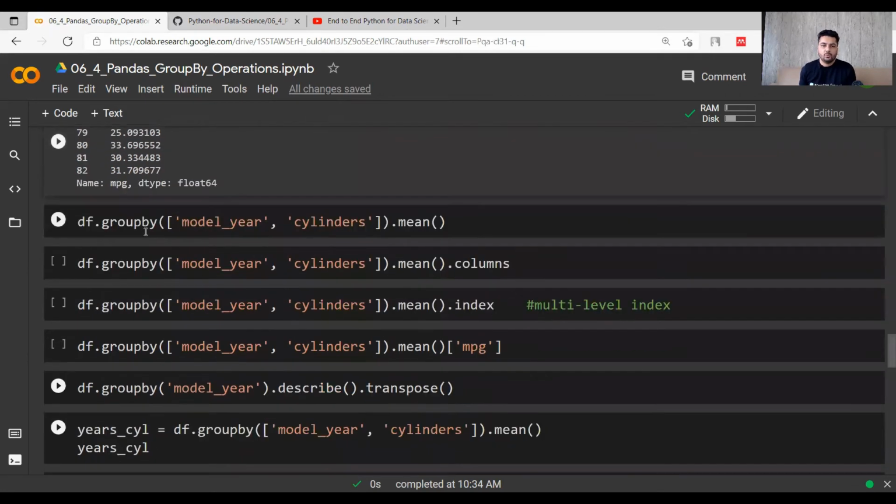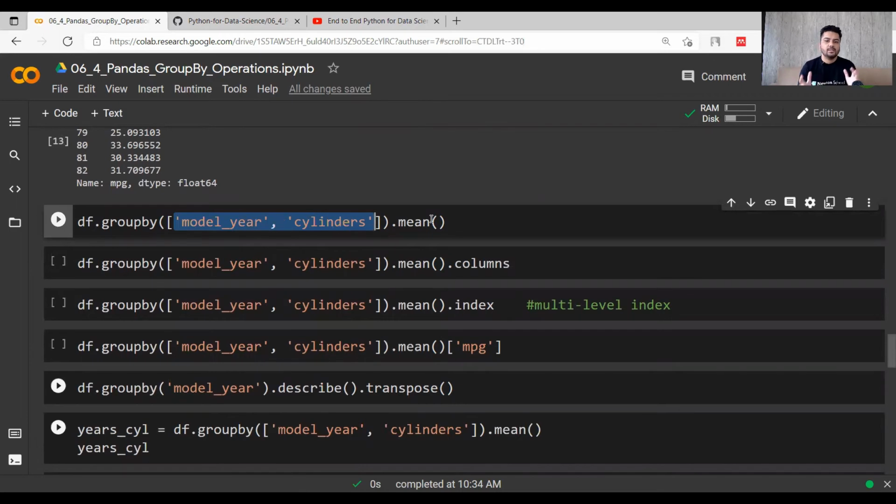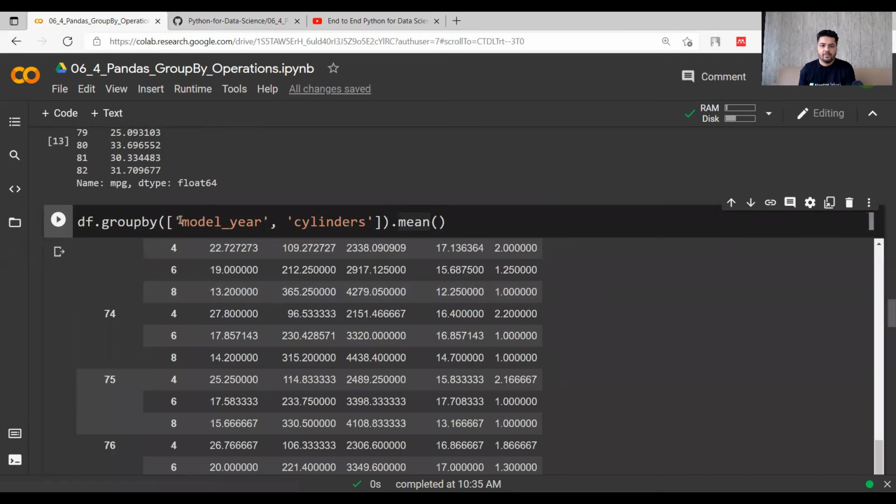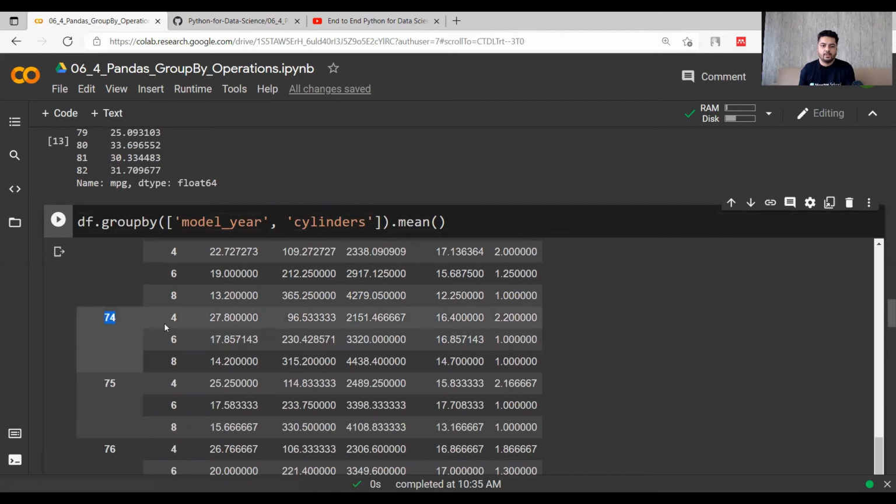Now if I want to do a mean, but I also want to do a group by over a list of items, I mean, model year and cylinder. I want to consider these two columns now, and by working on these two columns, I want to do the mean value. Let's see how it looks. Because I have given model year first and then cylinders, the outer boundary is covered by model year, right?